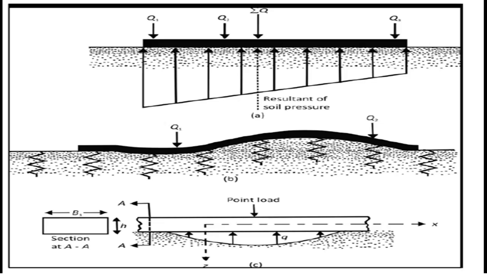Okay, this is your diagram. Here you can consider it as a rigid beam, a rigid mat, as in the earlier method. Here you get a load variation in a straight line. Load variation is a straight line. It might be uniformly varying, but a straight, linear variation. But here this is flexible, and the soil acts as a spring. Therefore, you have a somewhat irregular shape of bend, an elastic bend. Okay, and here the point load is acting.